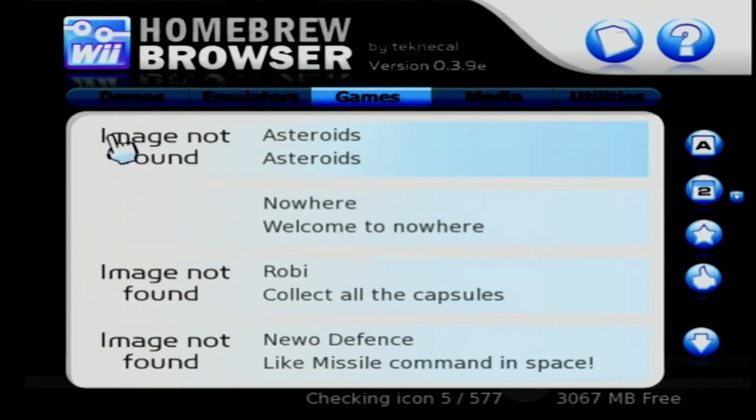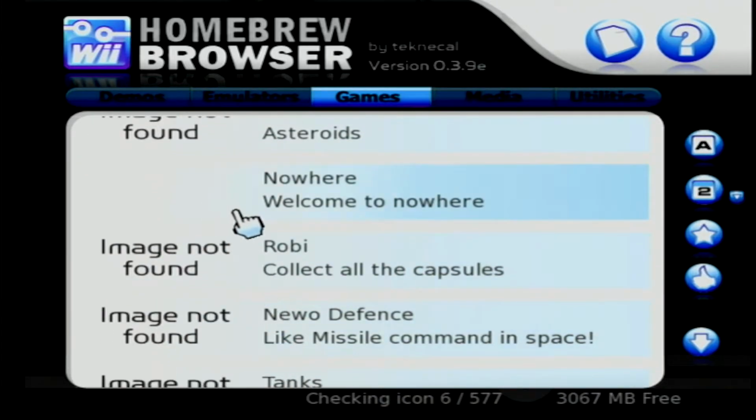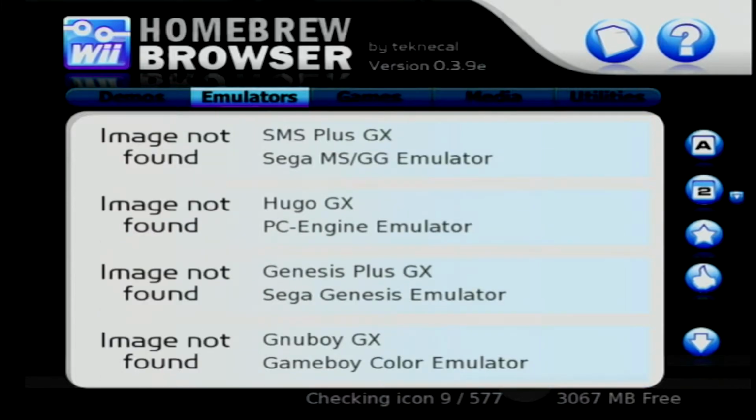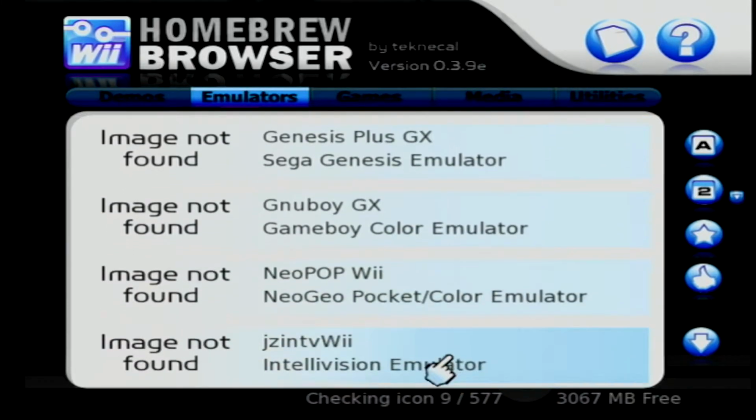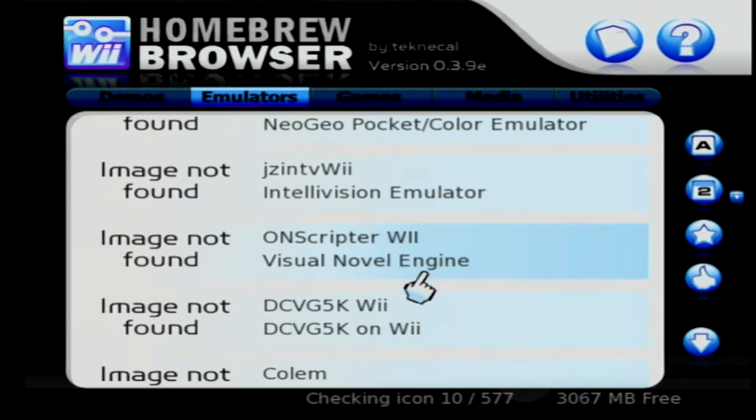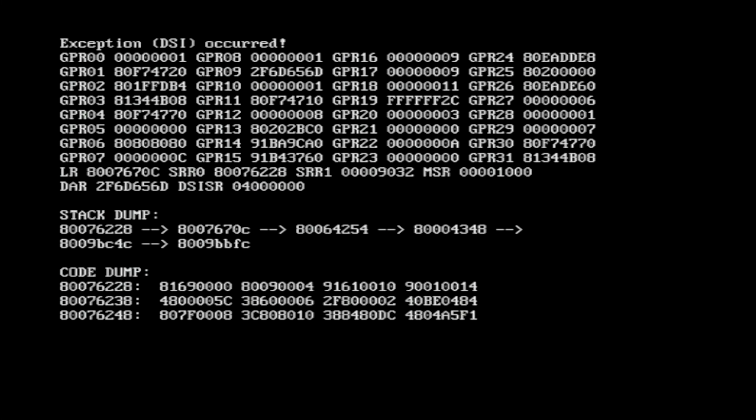Now you can see a lot of the images are not found. This is normal because this is such an old application, or it's still checking icons, I'm not sure. So we're going to have to move over to the emulators tab, and when we click on something it's going to take a while to load. I really can't tell you why, I don't know. Maybe it's because we're running off of a very slow SD card. So we just have to scroll down and find, I'm using the D-pad to scroll,